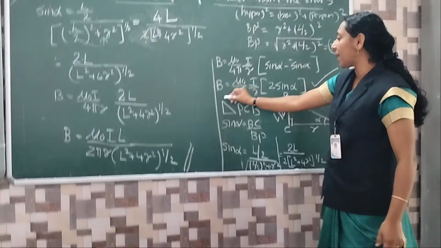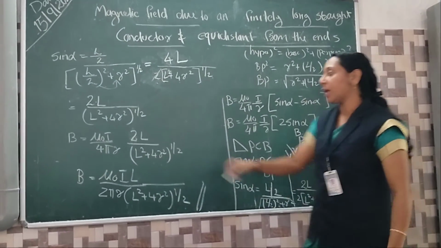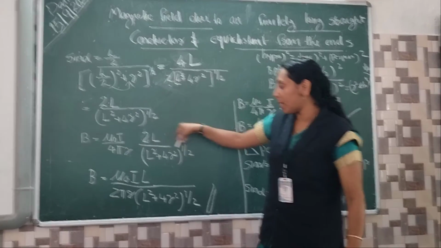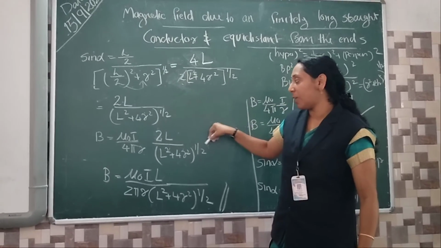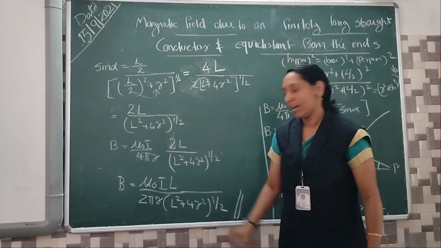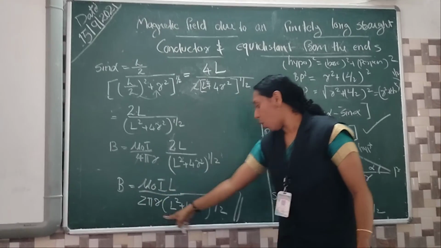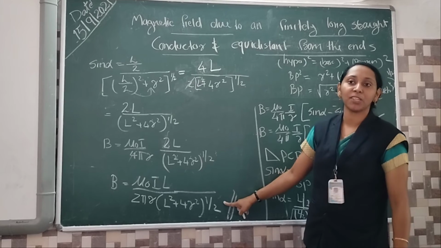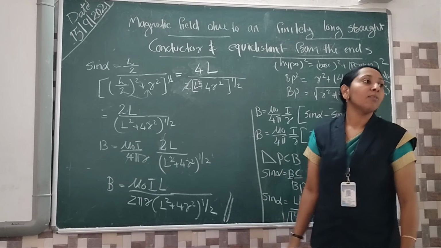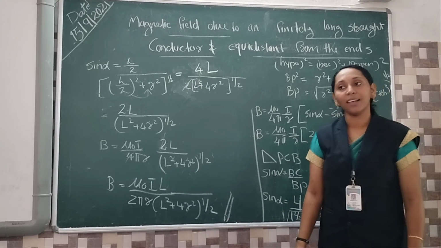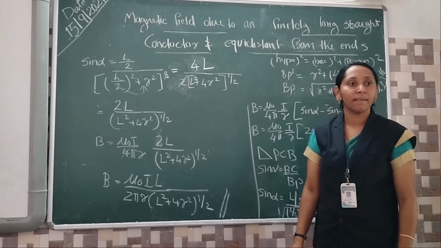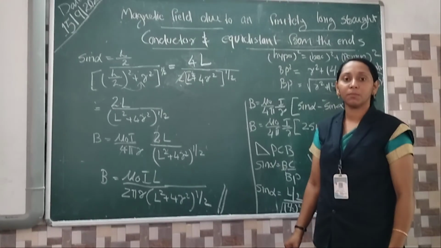इस expression में apply करने के लिए हम लोग कितना कर दिया ना? So B equal to mu 0 by 4 pi, 2L over L square plus 4R square all raised to 1 by 2. This 2 and 4 will be cutting. Denominator comes to 2. All other terms are same. What is this? This is the final expression. Magnetic field of a finite length conductor. अभी समझ गए अच्छे से? Yes, ma'am. Everyone clear this? Yes, ma'am. Okay, stop. Complete.